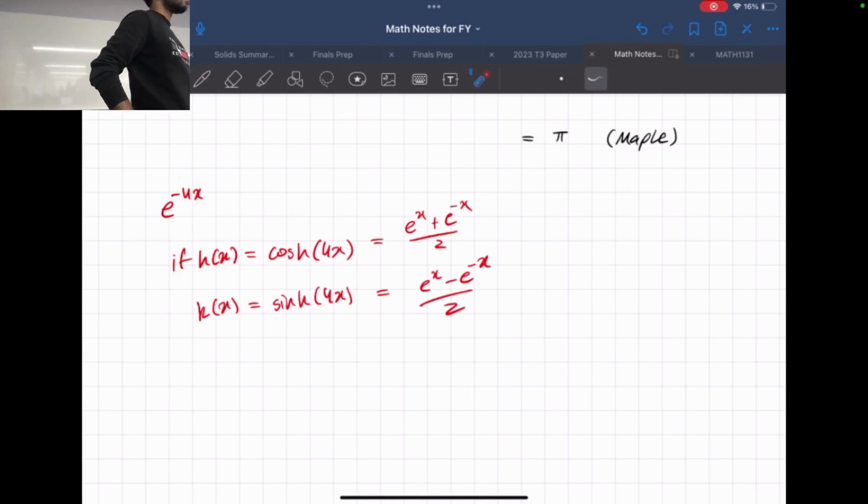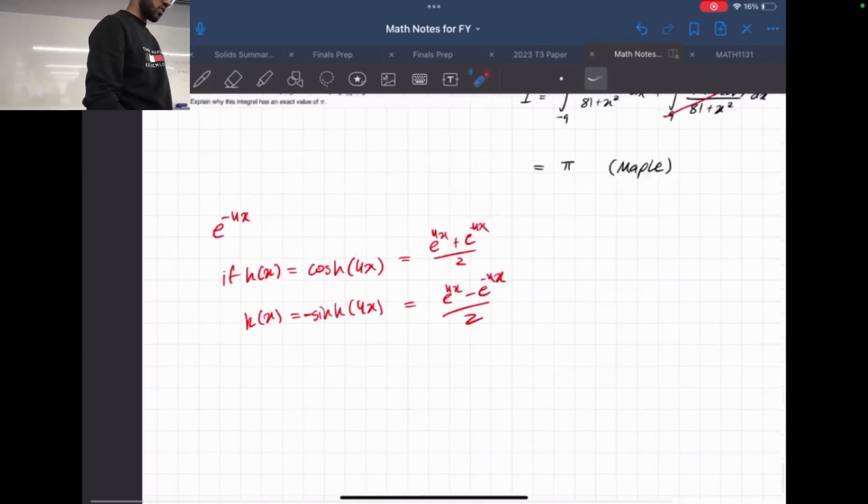Yeah, you just get e. Sorry, it should be 4. So when you add these two together, you get e to the 4x, right? But what are we looking for? e to the minus 4x. So we're just going to add a negative sign here. Another property they told us is that